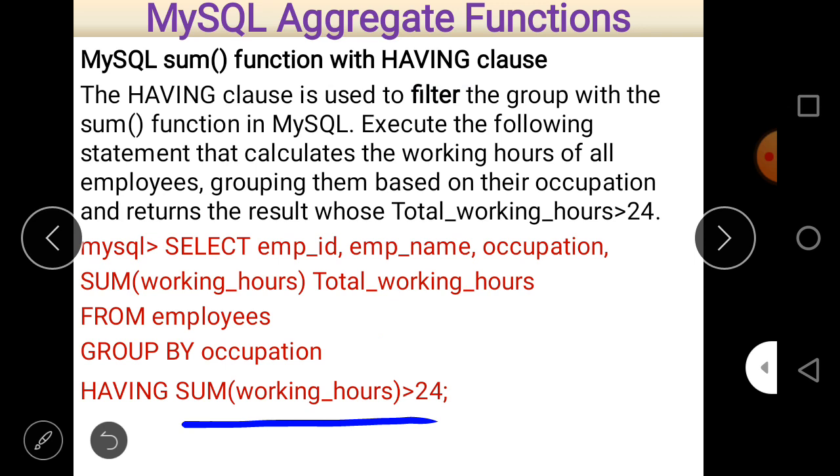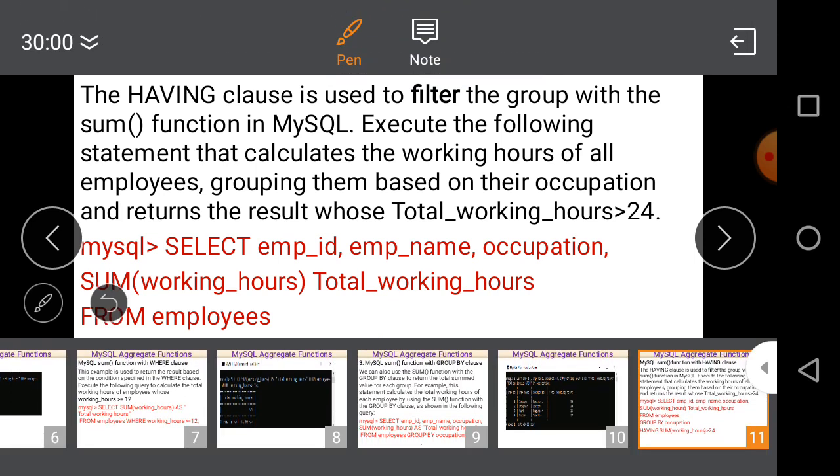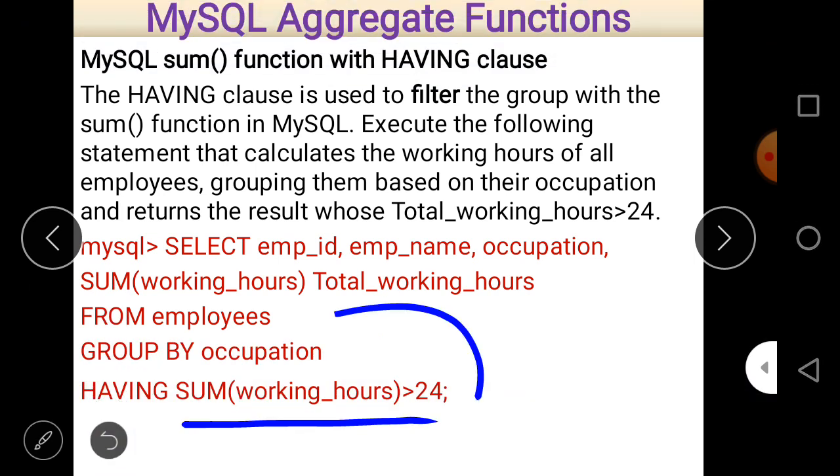So always remember that if there is a condition on a group, it goes in HAVING. Another important thing: if you want to select a record and there is a general condition, then this condition is mentioned just after FROM, and then GROUP BY, of course, and then the condition regarding the group is always mentioned after the GROUP BY clause.